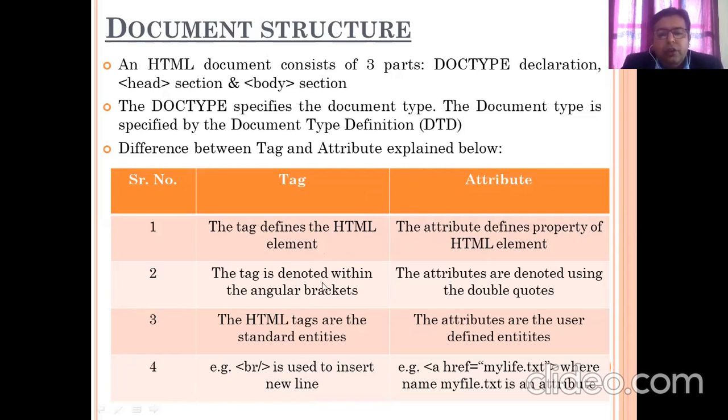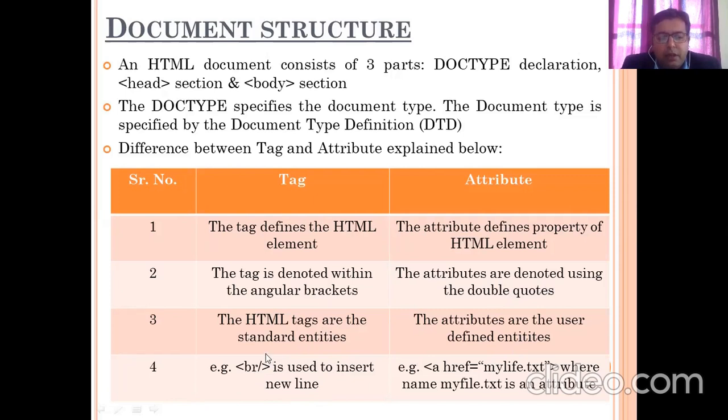Now the tag is denoted within angular brackets. Tags will be defined in this way. The attributes are denoted using double quotes. In an upcoming slide, you will see that in double quotes we have to provide some particular property of the attribute. HTML tags are standard entities, while attributes are defined entities.